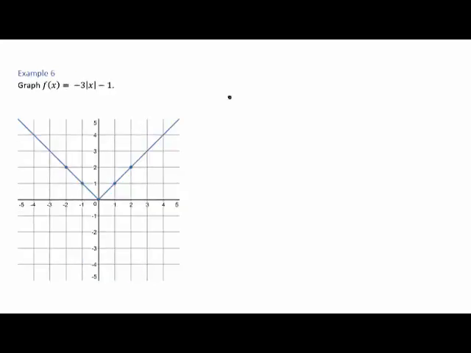And in this last example, we have a few different transformations on the absolute value function. So we're going to write those out given our toolkit function of y is equal to the absolute value of x. We have a stretch of the graph with the 3. We also have a reflection with the negative. And lastly, we have a shift with this minus 1. Okay, so we just have to say what kind of shifts and dilation and reflection that exist. And so the first is a reflection